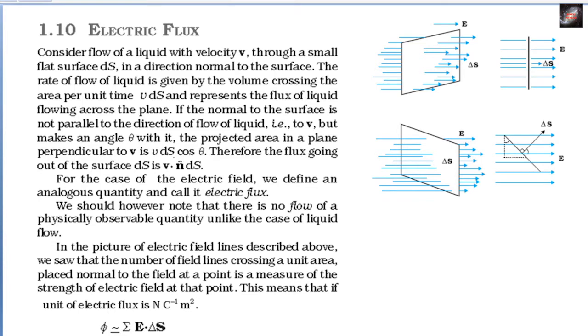Now we will study a new topic which is known as electric flux. Electric flux को समझने के पहले हमें एक simple example consider करना पड़ेगा. Let us consider this is a window. ये एक विंडो है and air is traveling towards the window. अगर विंडो का ओरिएंटेशन ऐसा रहता है तो विंडो के अंदर ये amount of air enter होगा. अगर हम विंडो का ओरिएंटेशन थोड़ा घुमा लेते हैं तो amount of air would be this.